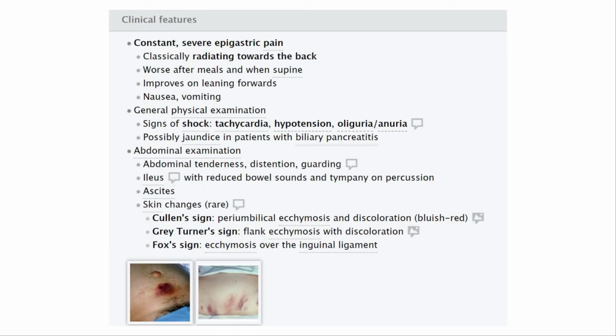The clinical features are a severe epigastric pain radiating towards the back, worse after meals and when you're lying on your back. It improves with leaning forward, and that's because when you lie down, your peritoneum is sagging with gravity against the pancreas. When you lean forward, the peritoneum is a bit more forward, and so it's that